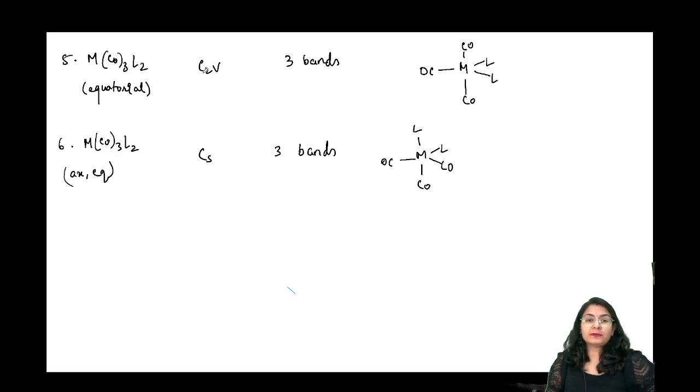MCO3L2 equatorial. Now two of these ligands are going to be cis on equatorial. How is that? On the equatorial position, they can stay like this always. Okay, so now what happens? What is the point group? Just consider